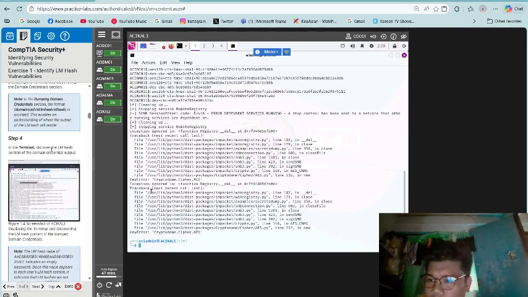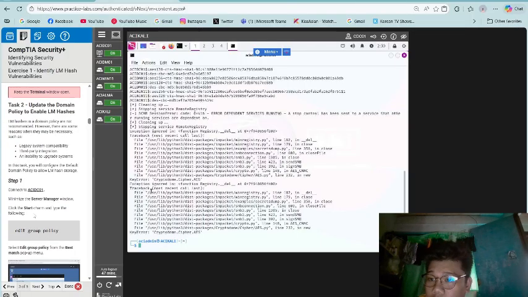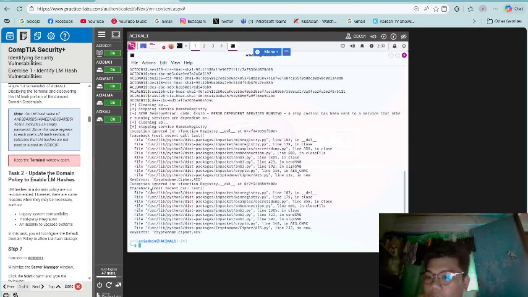So in terminal step 4, discover the LM hash portion of the domain credential output. The LM hash value of EAD indicates an empty password. Since this value appears in each user's LM hash section, it indicates that LM hashes are not used or stored in ACIDC01. Keep the terminal window open.